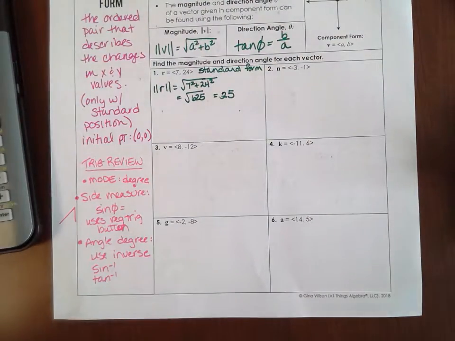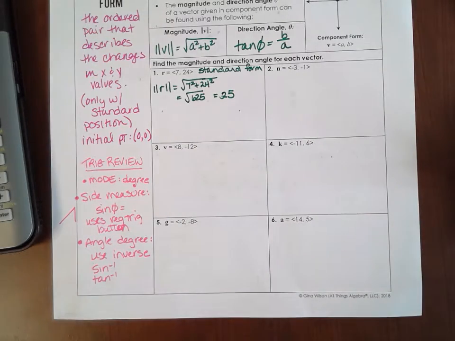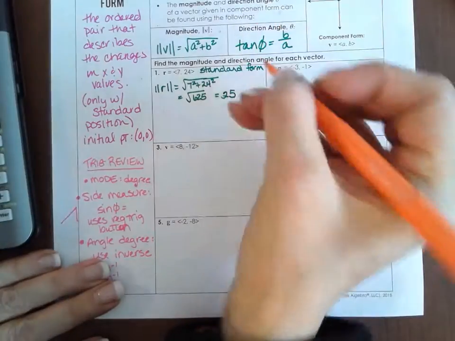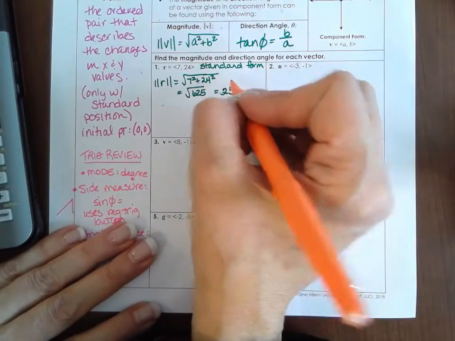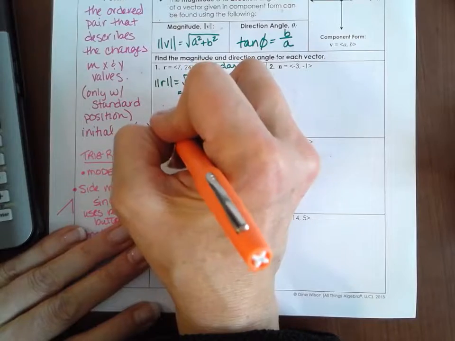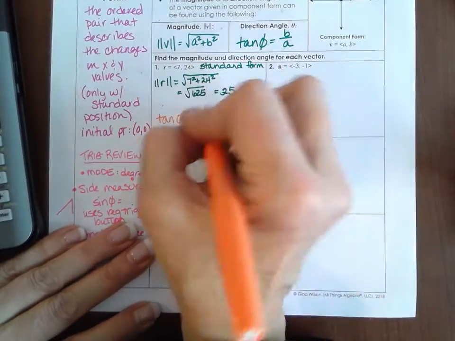Okay. All right, now when I want to find my direction angle, let's get green. Okay. This time when you're finding the actual angle, you're going to say the tangent of theta is equal to